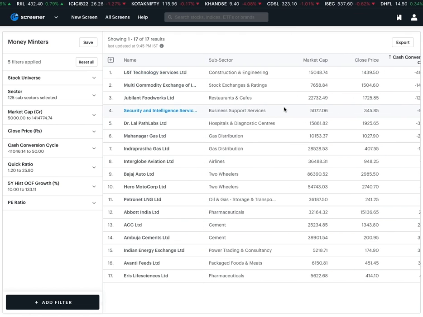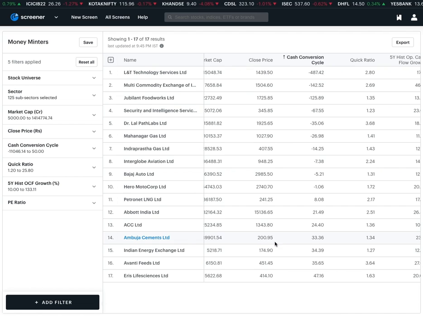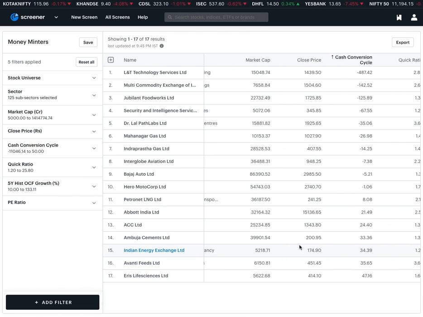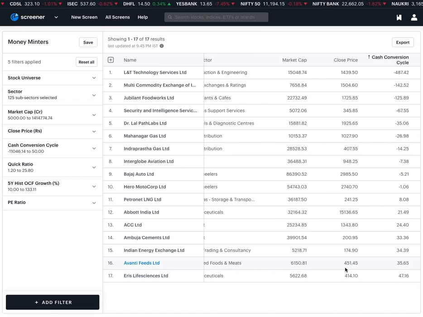So if we were to look at, let's say, pharma here, so we have two pharma stocks filtering in. We have conversion cycles of, let's say, about 24 to 47 for these two companies.